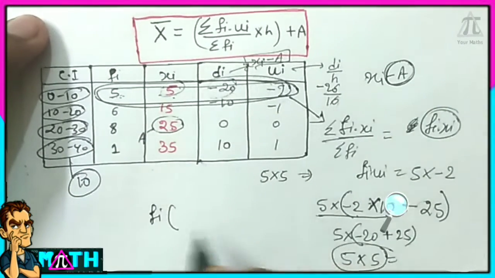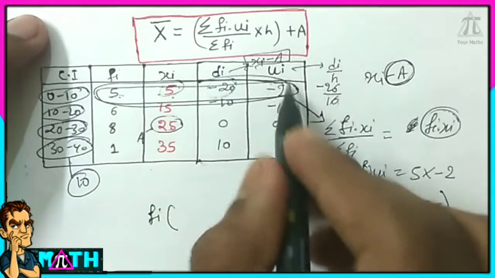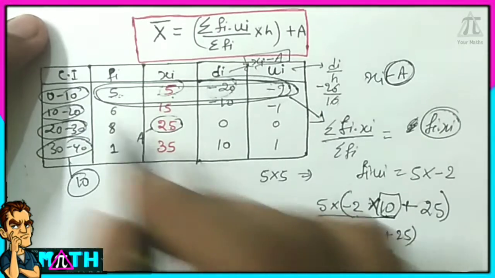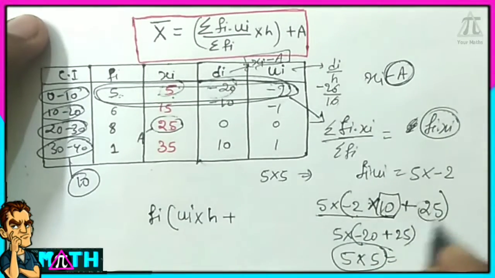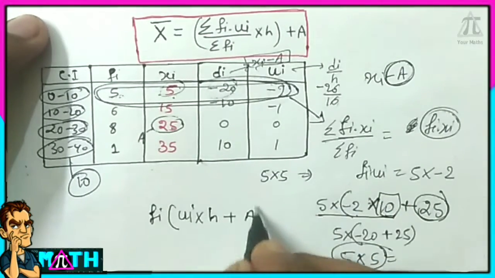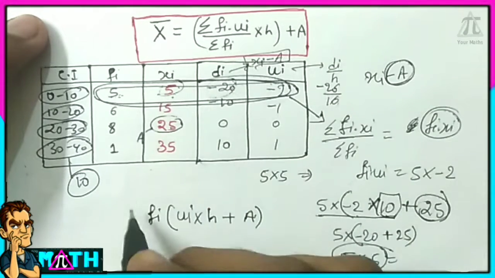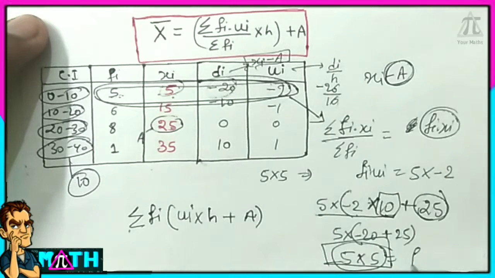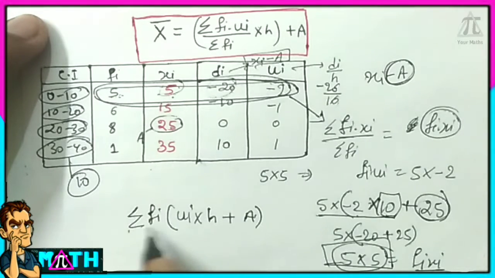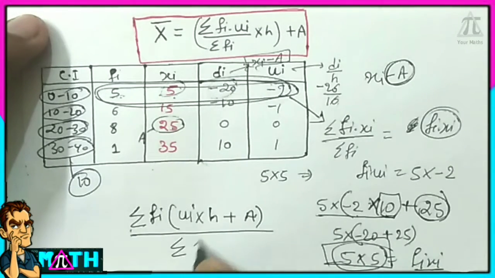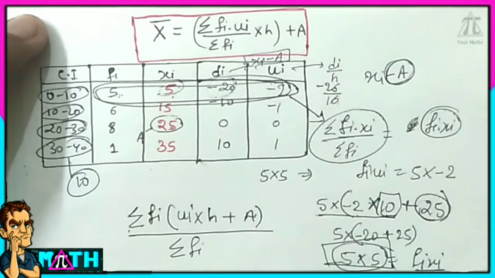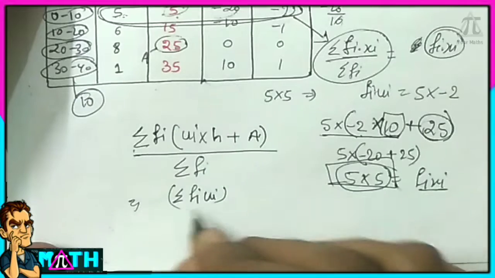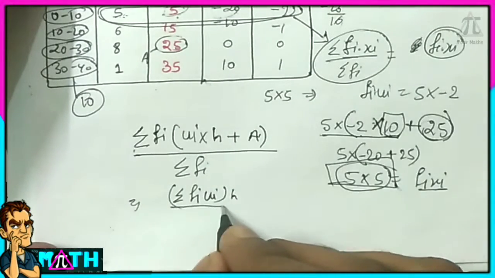Now see what steps I have done here to calculate fi into xi for the first observation's class, which is 5 into 5. So here we do fi bracket ui into 10, which is h, the class size, plus 25, which is a, and this will give us fi into xi, and the summation of this will give the summation of fi into xi of all the observations, and dividing it by summation of fi will give us the mean. Okay, now open the bracket, you get summation of fi into ui into h upon summation of fi,